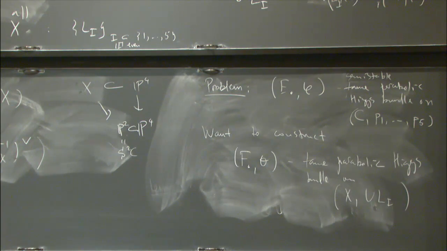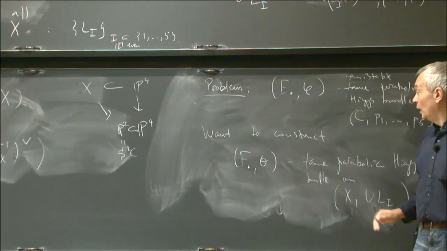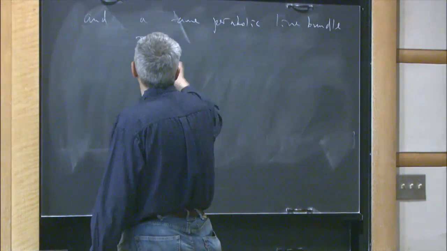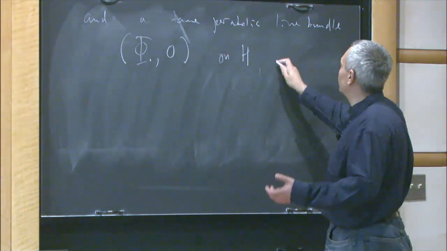Say it again? I'm going to say that in a second. In general, you want to do it for every tame parabolic semi-stable Higgs bundle. You want to construct a guy like that so that, and tame parabolic line bundle, I'm going to call it phi, with a zero Higgs field on H with all those divisors,